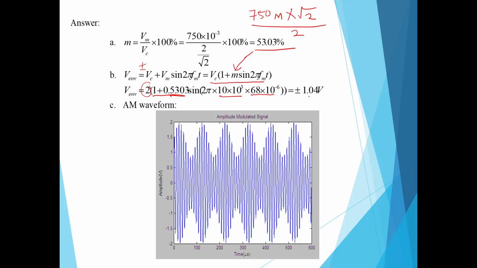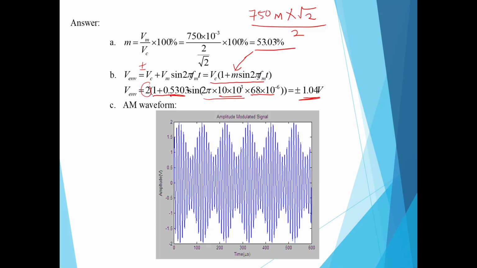Okay, make sure you get 1.04. Here, when you do the sine, you need to use radians. Make sure you use radians. In your calculator, you need to put it as radian. So 2 pi times 10k times 68 micro, and then sine of the answer, plus 1